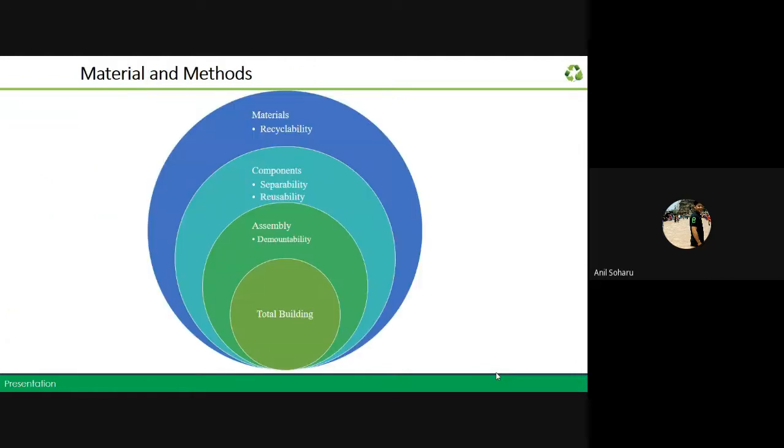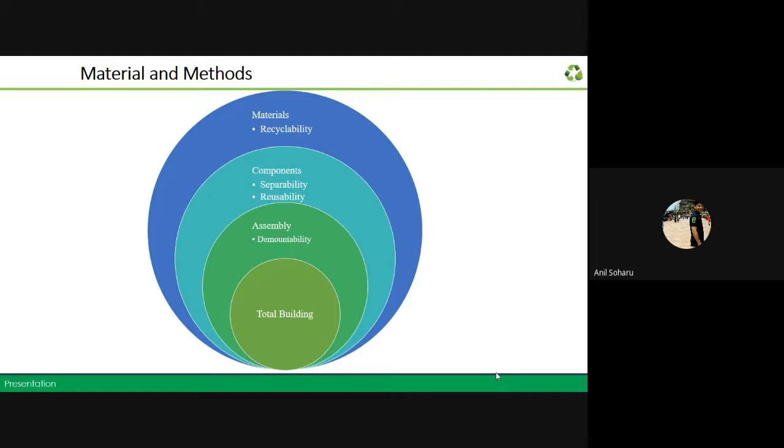In the next step, this is about the design, and the next step is materials and methods. For materials and methods, we need to do a down-to-top approach. First, based on the individual activities, we need to check the material components. Suppose I take the example of a door. The first activity is the material of the door, meaning wood. We need to study its recyclability. Then we go for the second activity, the component. Components are the fittings of the doors, like the handle and all. We need to study whether these can be reused or utilized.